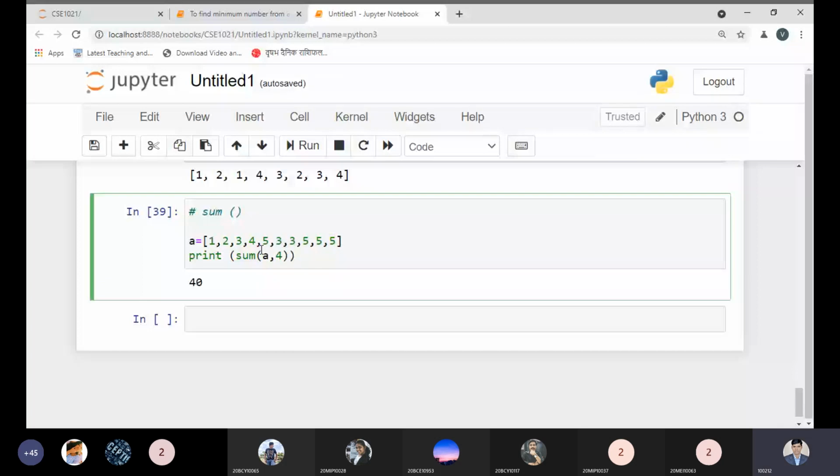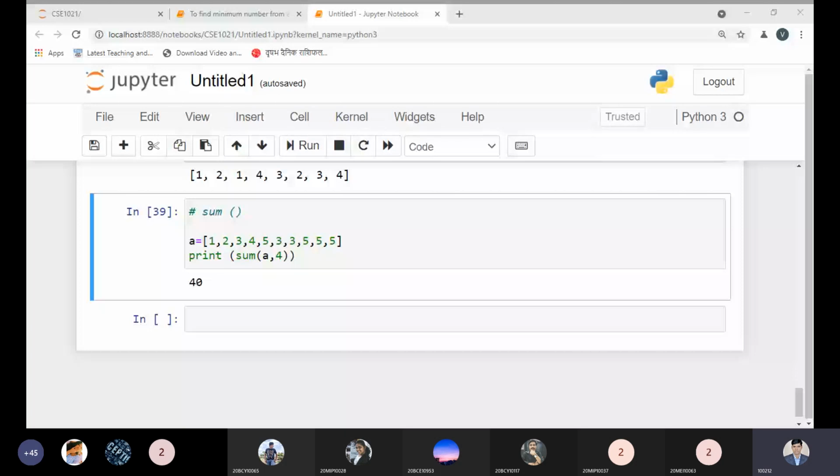So I'm passing the start here. Start means we are getting some value, and that is required as the start. Start is the number that is added to the sum of the iterable.